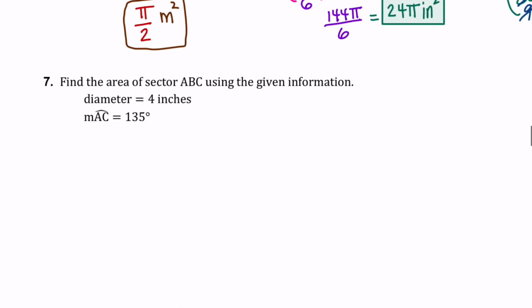Now, number 7, we don't have a picture. If we don't have a picture, you may want to draw a picture. It's the area of a sector, so we're going to draw a circle here, and the sector is ABC. So I'm not really sure how many degrees